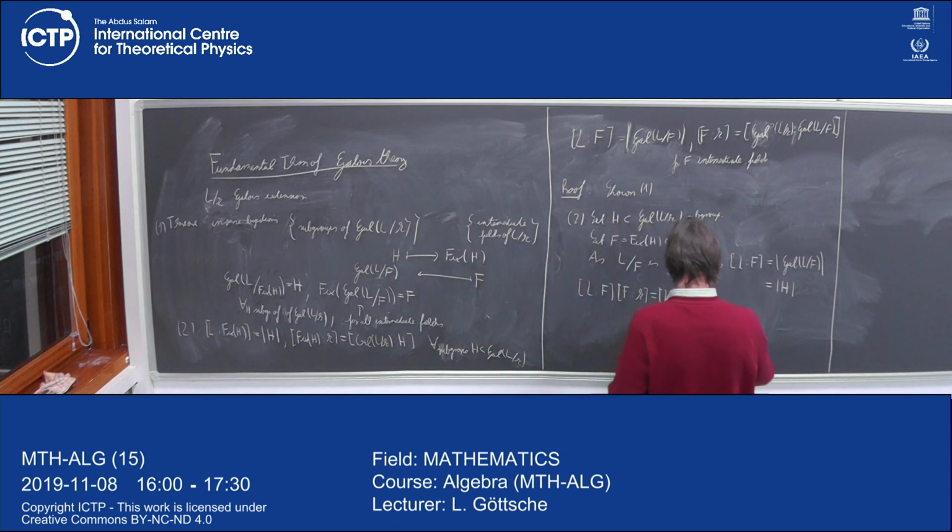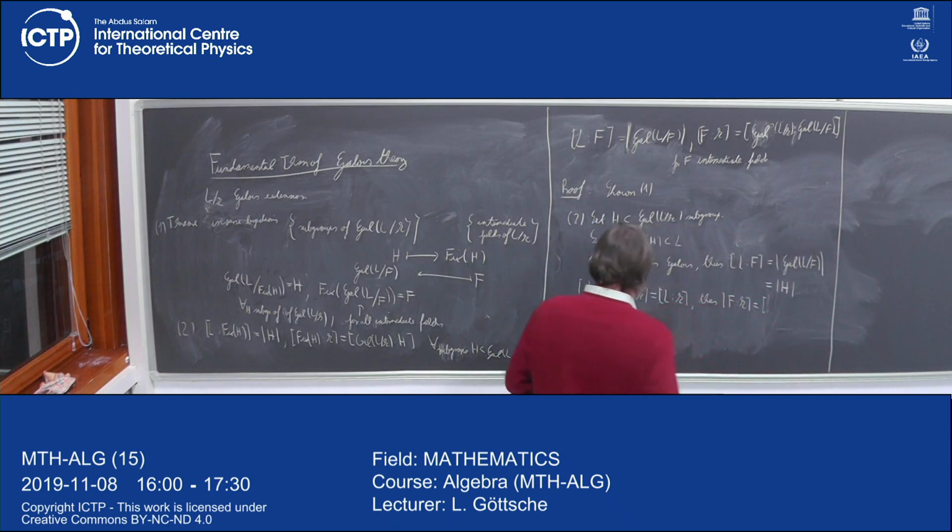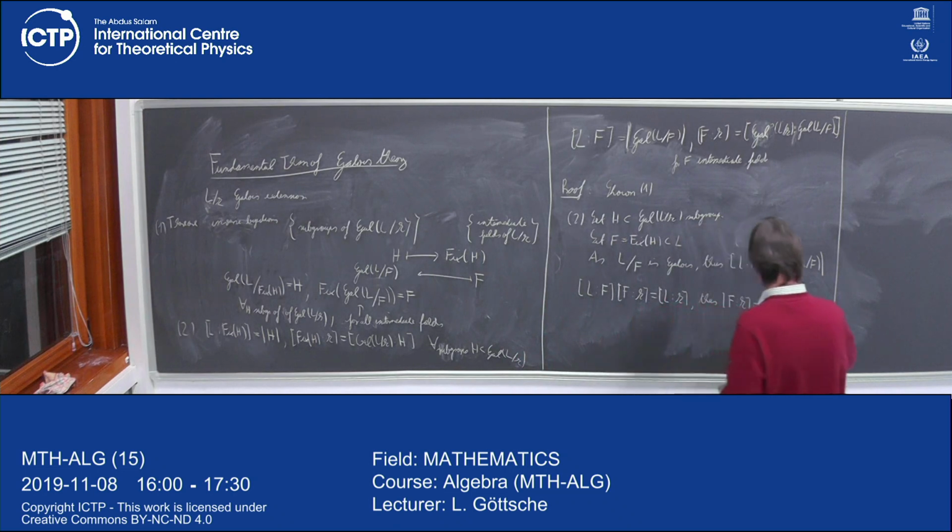So it follows that the degree of F over K is equal to the degree of L over K divided by the degree of L over F,